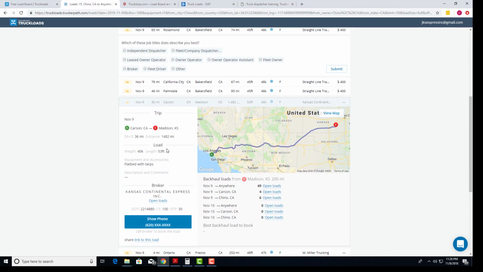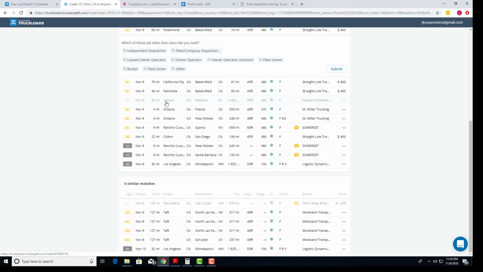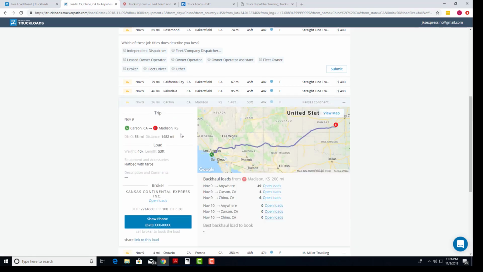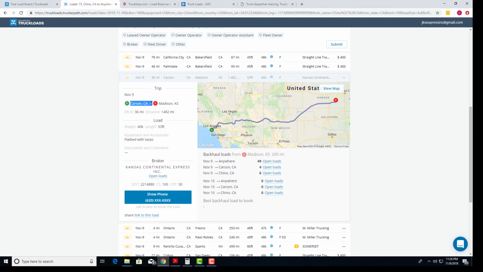Okay, so as you can see here, as soon as I populate and touch that, it populates everything. This one has no rate, so we will be calling the broker and figuring out what exactly the rate is for this specific load. As you can see here, it's going from Carson, California to Madison, Kansas. You can see here it's 36 miles deadhead. As you can see right there, the distance is